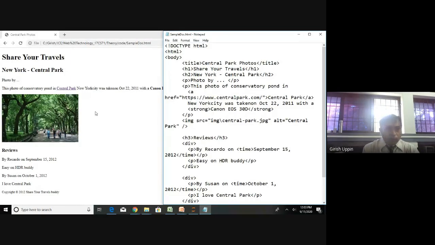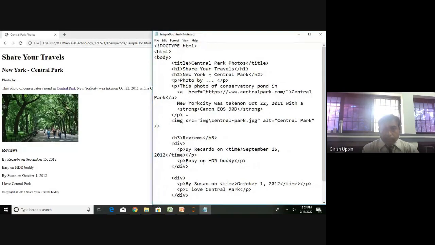Next, this is the link Central Park. In this paragraph, this photo of conservatory pond in Central Park.